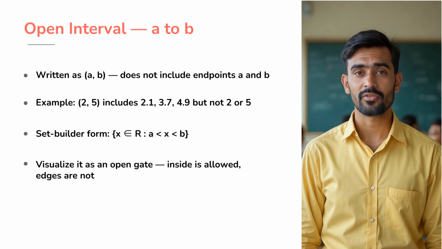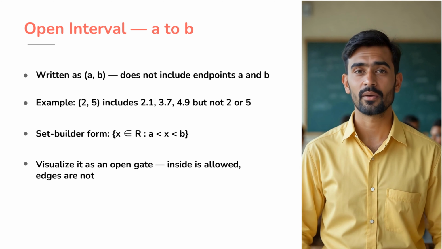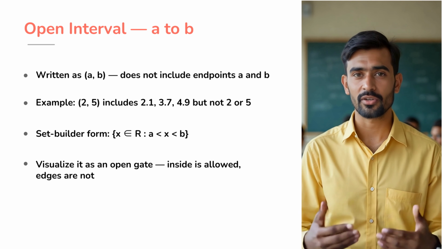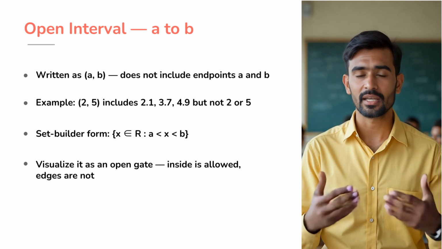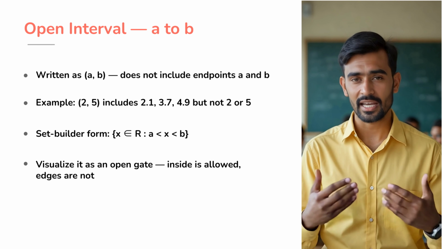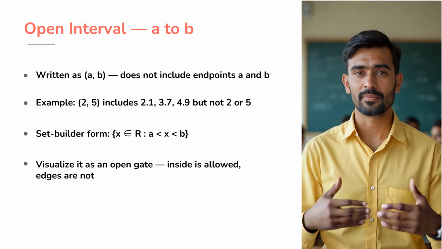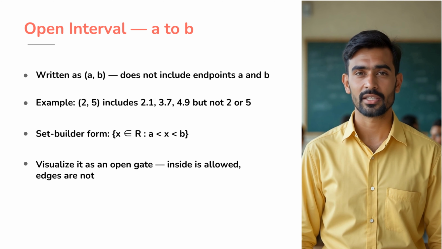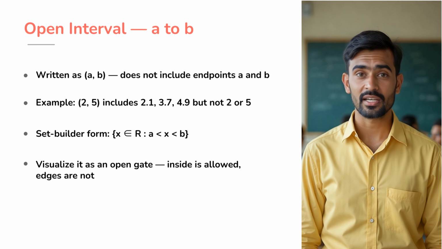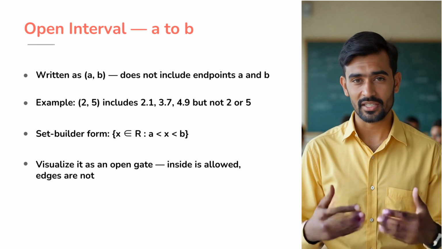The first type of interval is the open interval, written as (A, B) and read as open interval from A to B. It includes all real numbers between A and B, but not A and not B themselves. For example, open interval from 2 to 5 includes numbers like 2.1, 3, and 4.9, but does not include 2